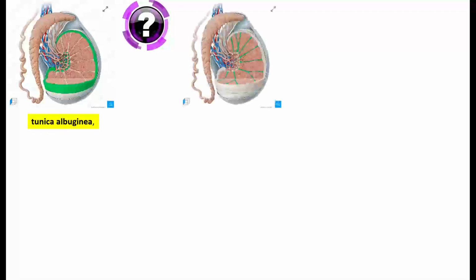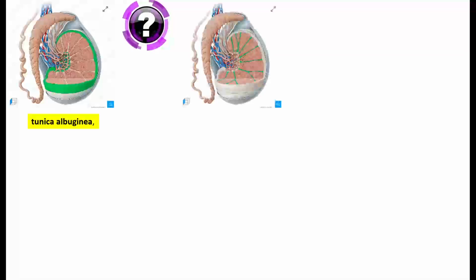Here is the adult testis, and we want to see what the green colored structure is. The green colored structure is the outer cover of the testis, and it is made of dense connective tissue, white in color, and therefore it is called tunica albuginea. Tunica means a layer and albuginea means white. Next is,